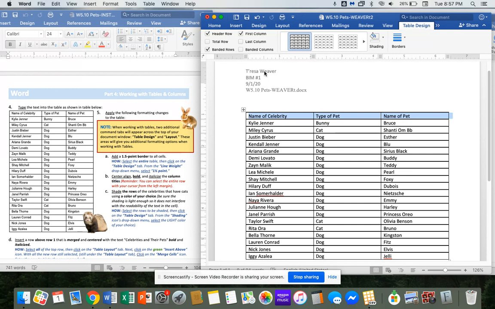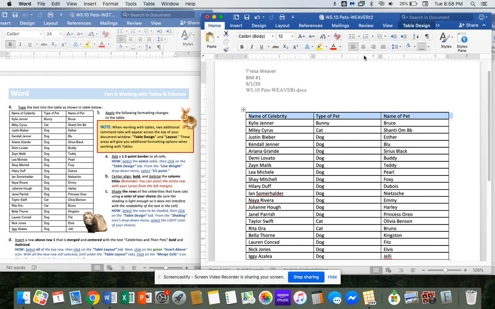So we're going to center align, and to do that, we just come back to the Home tab. It's a lot easier. You can center align using this center icon here. We're going to bold and italicize the titles of those columns. All right, next step,